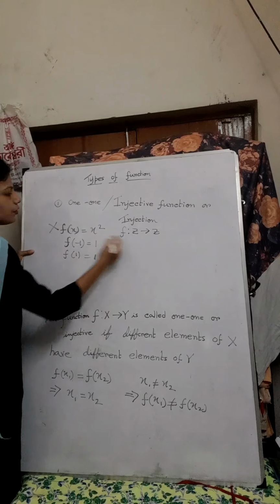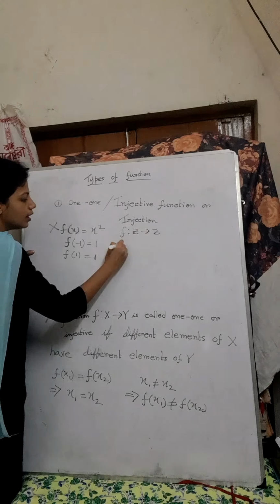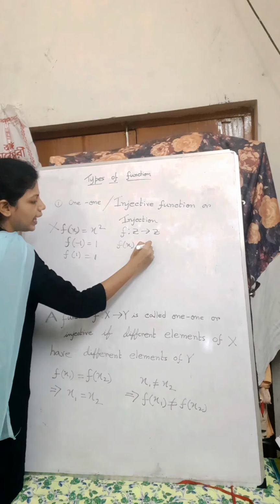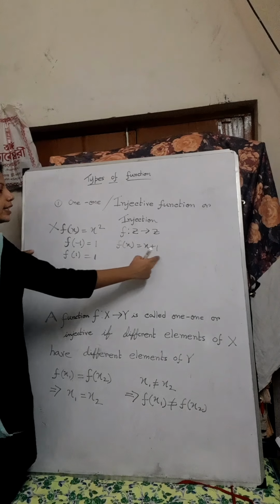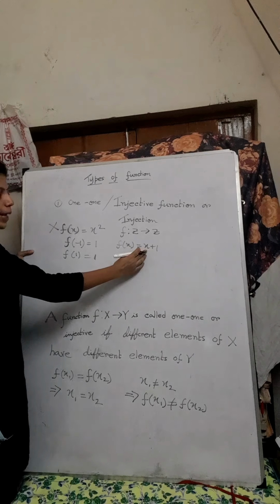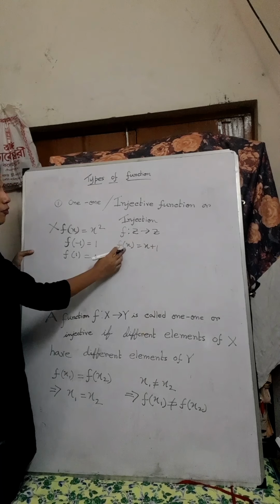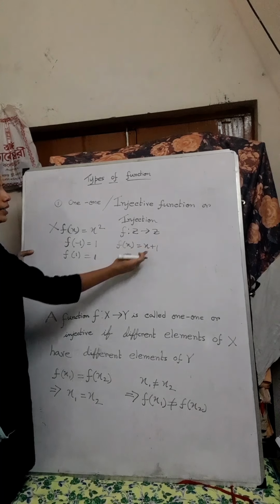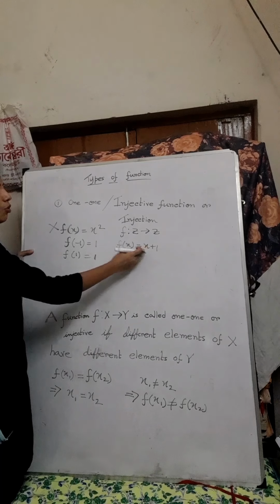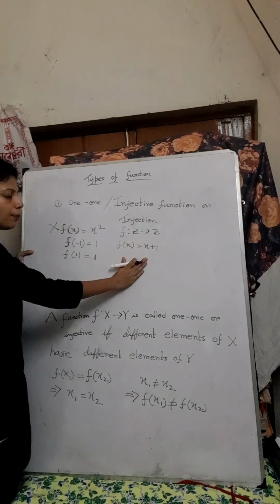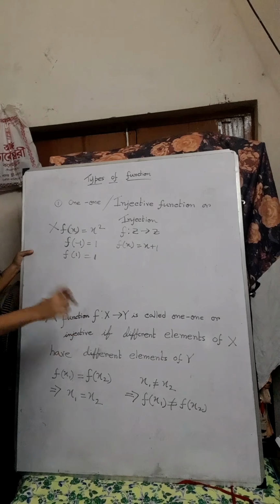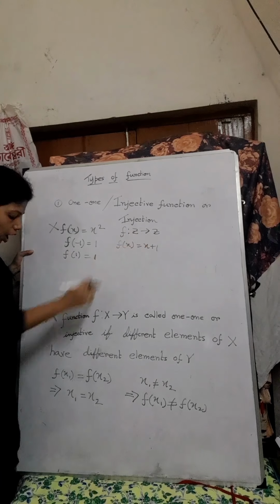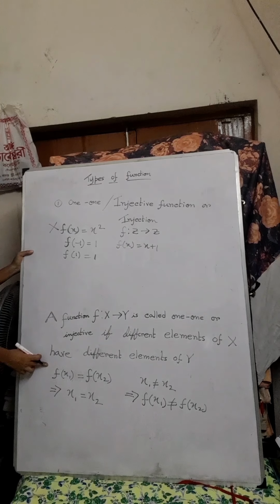But if I give, on the same domain and codomain, f(x) equals x plus 1, then what will I do? I know that it is 1-1 because for different x you will get different f(x). If x is 1, then f(x) is 2. If x is 2, then f(x) is 3. So when I prove that yes it is 1-1, then don't give any example. Then you have to prove it using variables. So how will I start? From this one I will start. I will just take two elements from there.